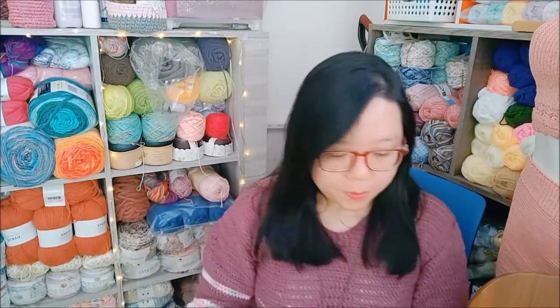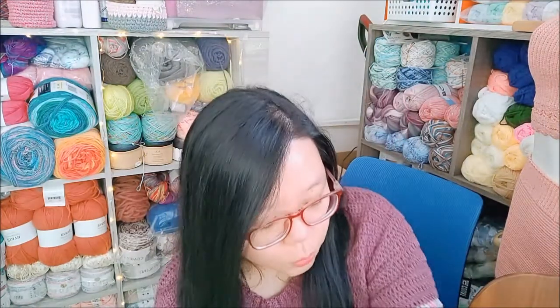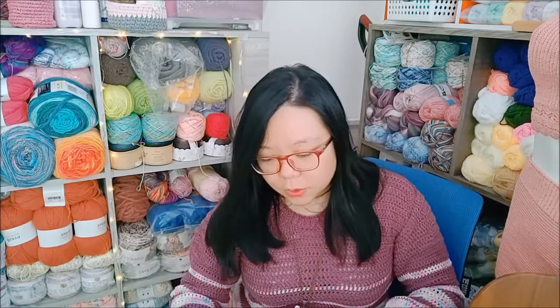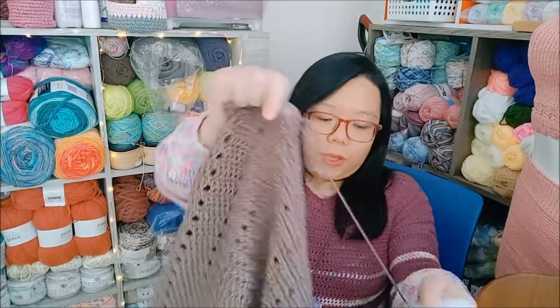So let me put this here. Okay, so now I will just show you my WIPs. I currently have 2 WIPs going on. So the first one I will just show you here. Okay, hold on, let me grab this so that it doesn't...